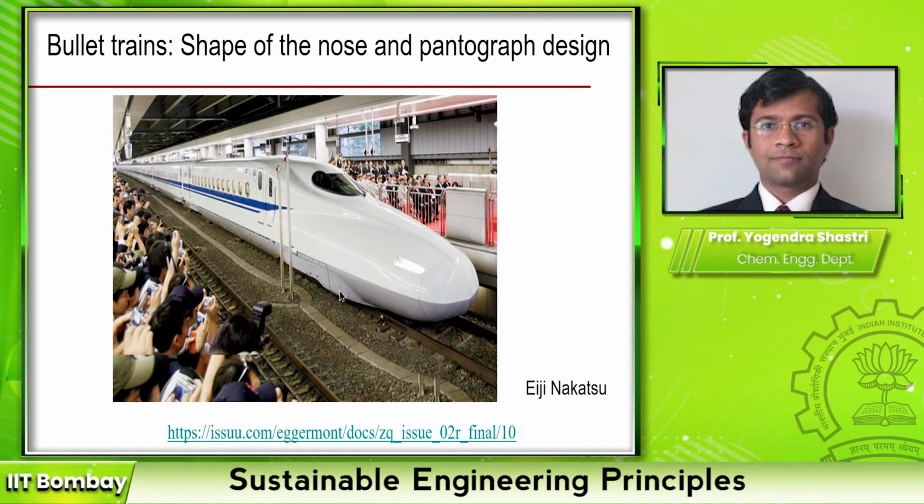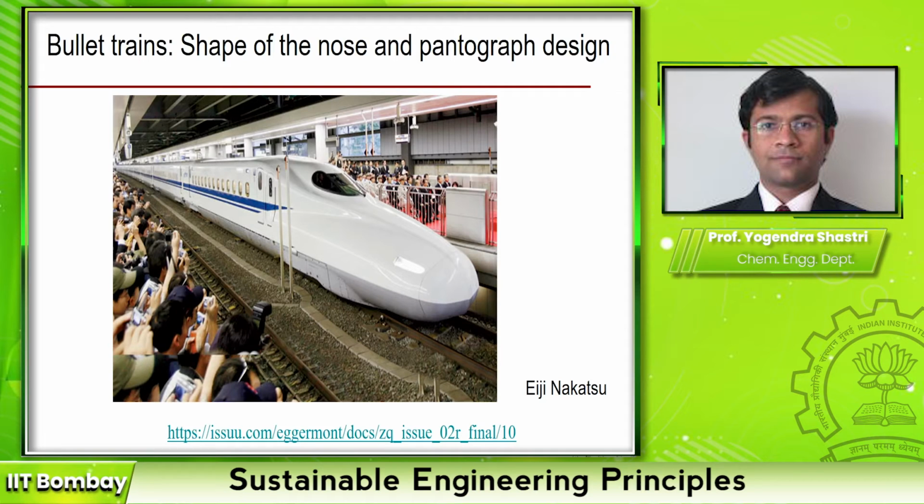What is the reason? One obvious answer that you would have thought of is the whole concept of boundary layer separation and fluid mechanics and so on. If you have a tapering shape, it helps in achieving higher speeds or reducing the drag, because boundary layer separation happens later. Now that is obviously a good thing, but the main reason for this particular design was actually not just to increase the speed.